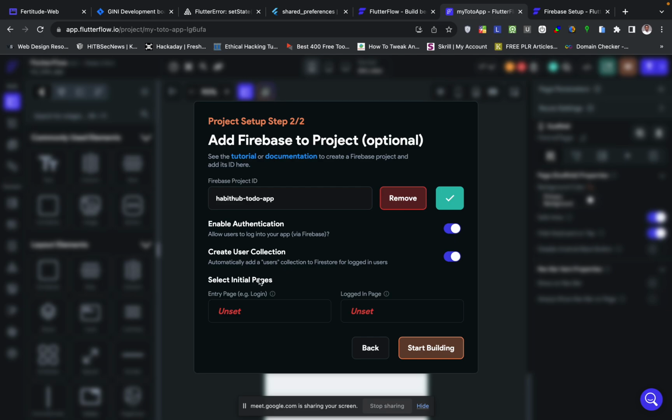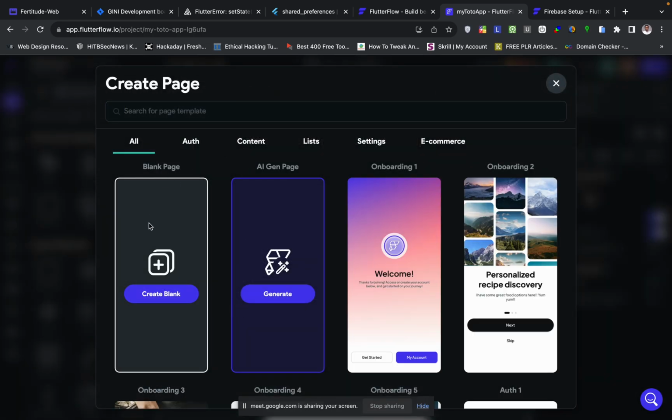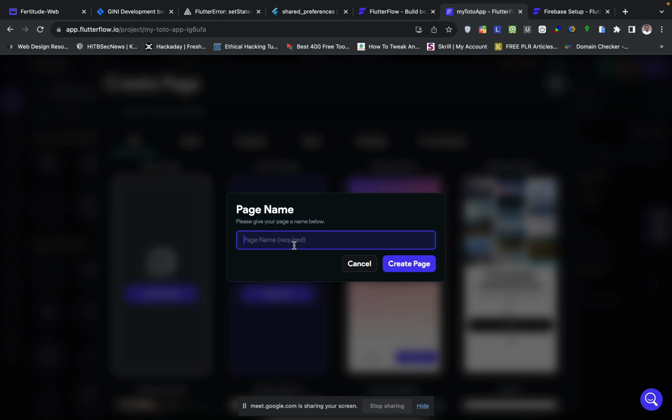Now it's telling us to select the initial page. The entry page is, like I told you before, whenever you download a new app and you are not logged in, you are going to be asked to log in and taken to a login screen. But if you are already logged in, see, this is it here, then it takes you to another page. Currently we don't have any page, so if you click here, we can create a new page. If you click on create blank and then say